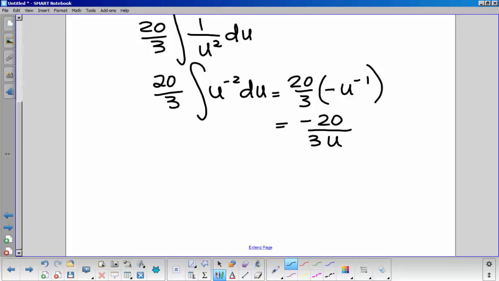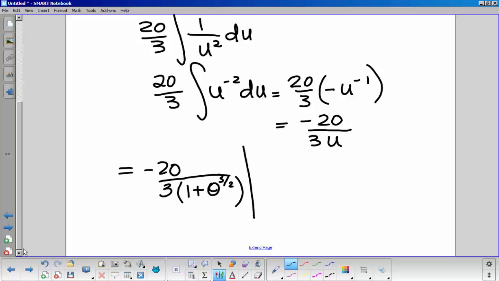But what is u? You raise the power 1 to the negative 1, then divide by negative 1, right? So this will be negative 20 over 3 times u, which was 1 plus theta to the 3 halves,